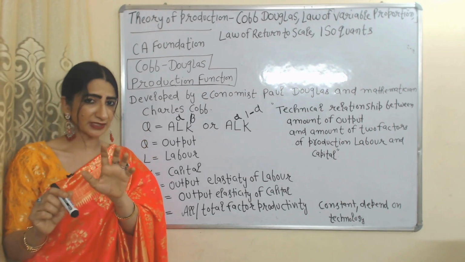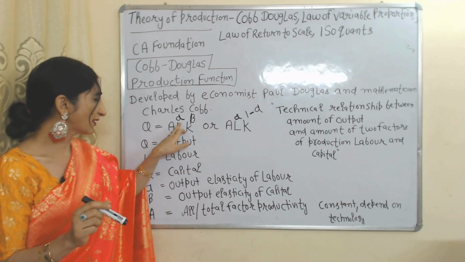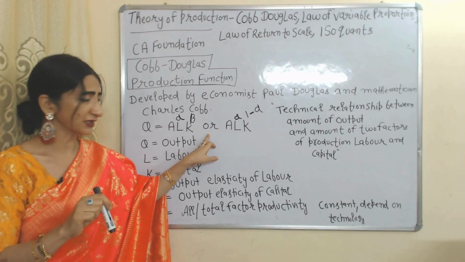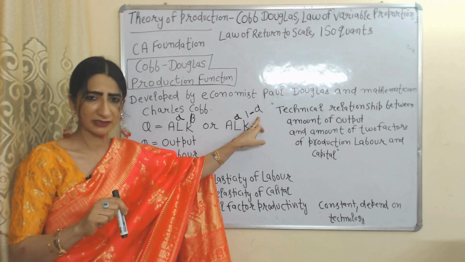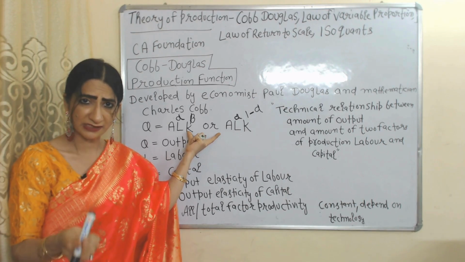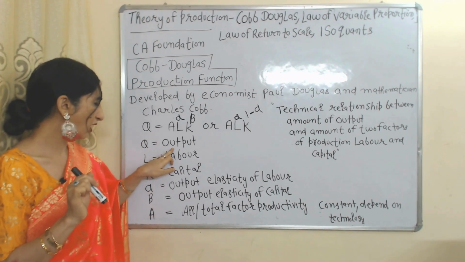We can represent this production function in two ways. First is L to the power alpha and K to the power beta. The second way to represent this production function is L to the power alpha and K to the power 1 minus alpha. The meaning of both is the same. How the meaning is the same we will also discuss, but first of all see, Q is equal to output, L is